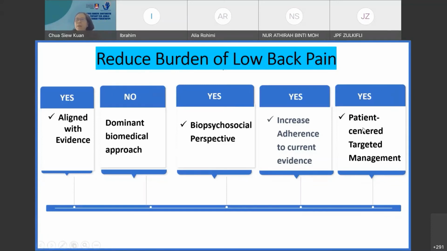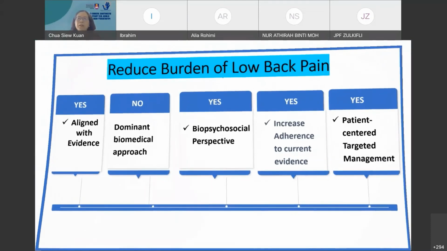Okay. And then patient-centered target. So we have to really plan a goal or treatment, negotiate with patients so that they will do it daily, rather than we design a beautiful exercise, must do this, that, but at home they have nothing. Okay, so this is the current